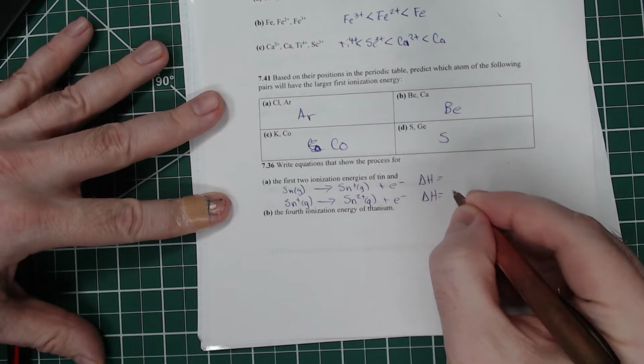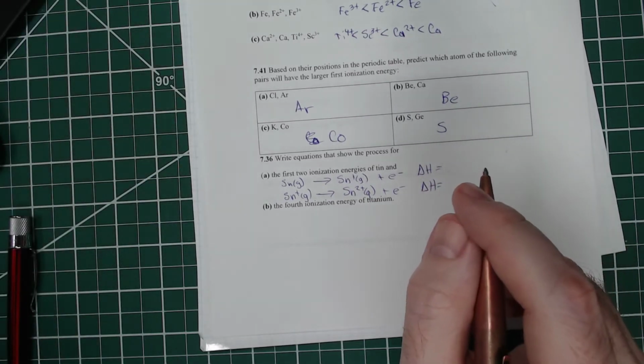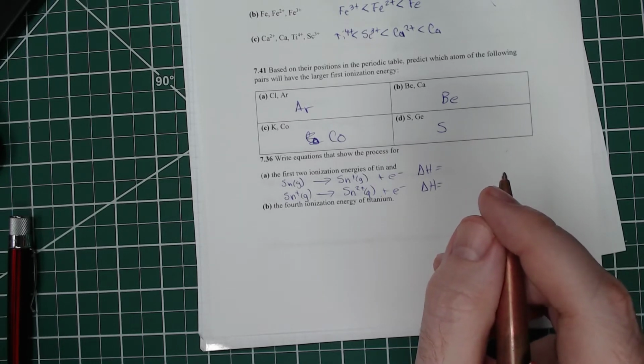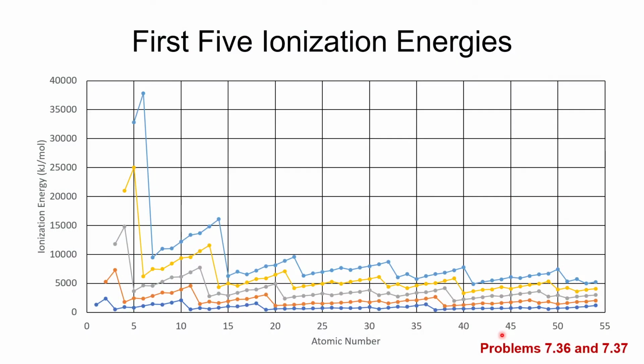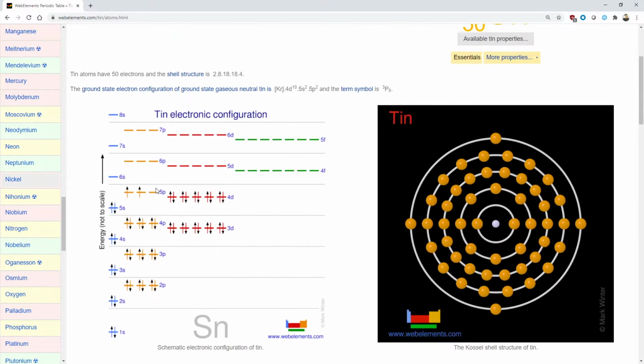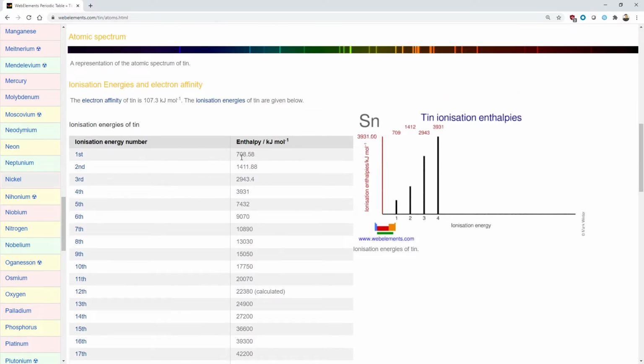I'm going to look that up on a website that I call Web Elements. I've shown that to you before. We'll go back over here. All right, so here is the Web Elements. And I've already got tin pulled up, and this has got the ionization energy. So here you will see those numbers. I'm just going to write down these numbers. These are always going to be positive numbers. So ionization energies are always positive. So that one is positive